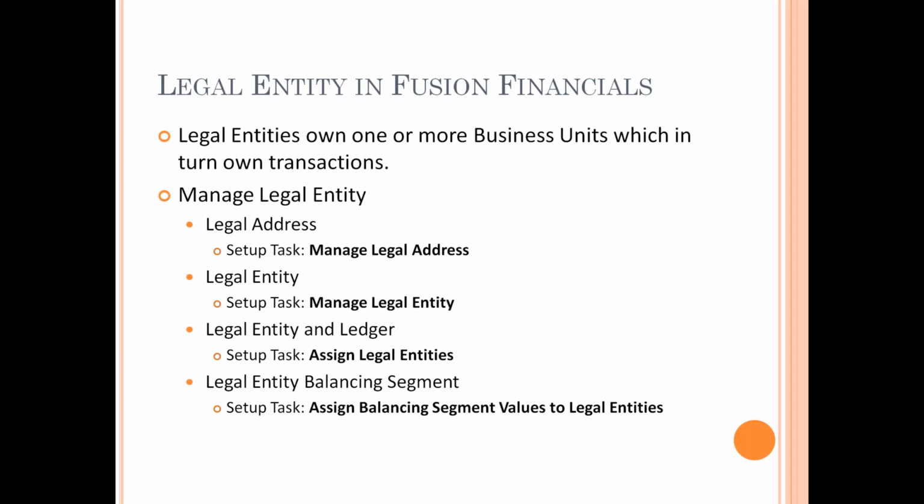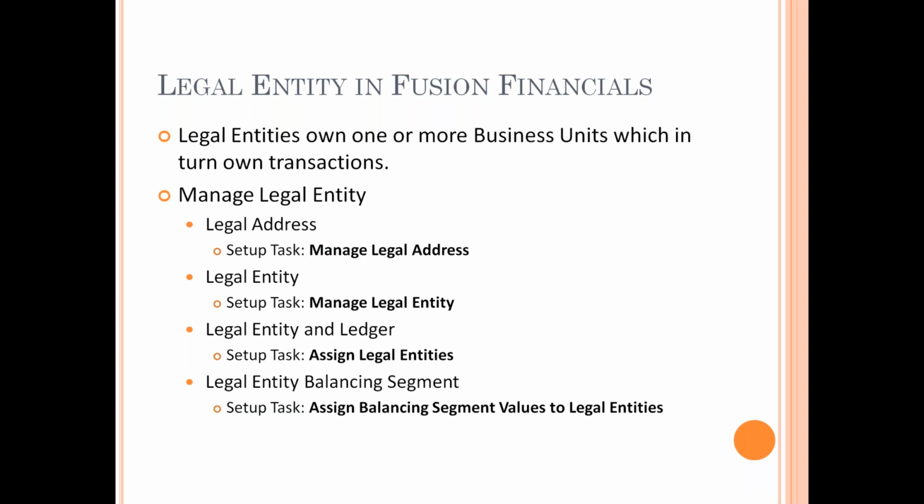Now the business functions are performed by the products, and a combination of business products is called business units. Now to create a legal entity, Anup, you will have to perform these set of tasks. First is the legal address. Now what is the legal address? Suppose you start operating in India, in Hyderabad. The first thing you'll have to do is rent a premises. You need a physical address where you would be able to register your organization, and that is typically called a legal address. You will register a legal address for your organization in Fusion applications on which your company would be registered.